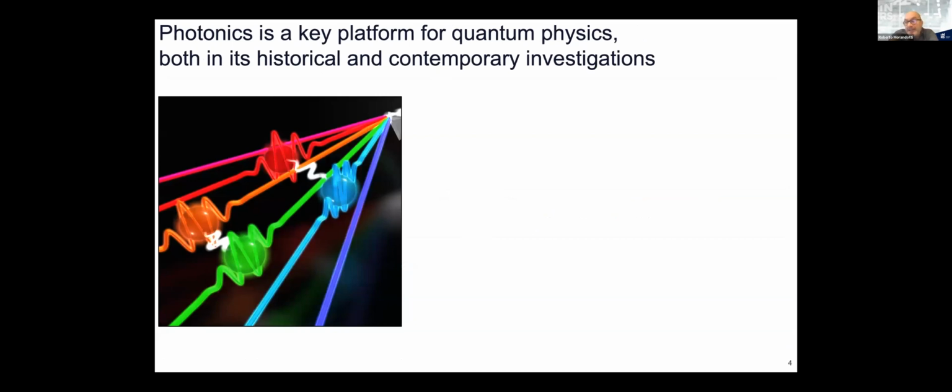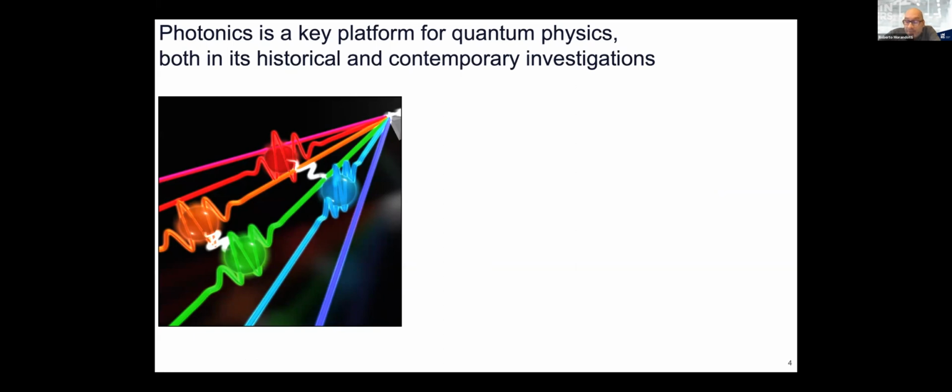So of course, there are many kinds of platforms that can be used to perform quantum operations, solid state, you name it. But one of the key ones, for many reasons, is photonics, both in terms of historical investigation and also contemporary technology. So what are the